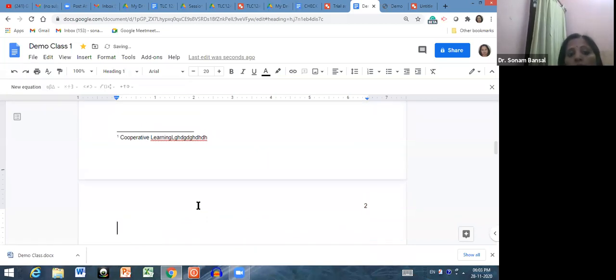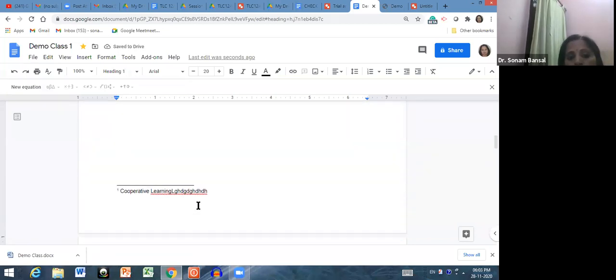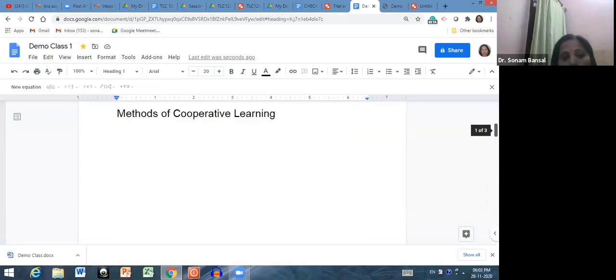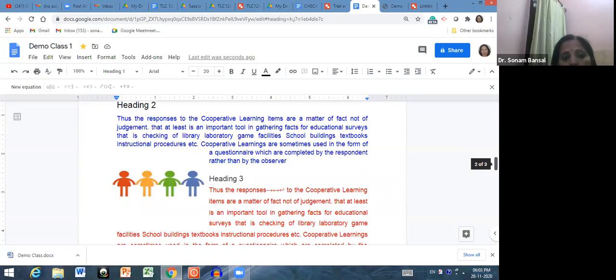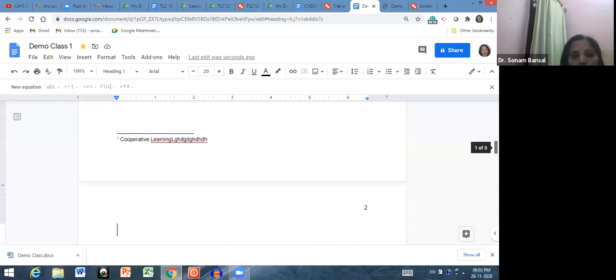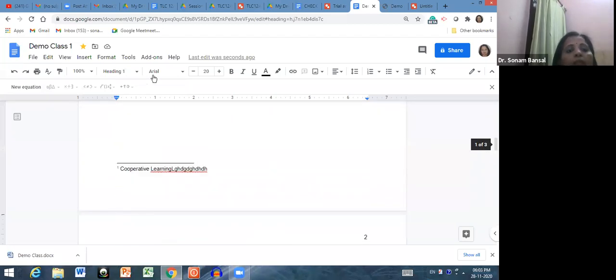See, now here the page will be broken because I have added footnotes here. So this section is separated as a first page and this is separated as a second page. Okay. So this is how you can break your pages.